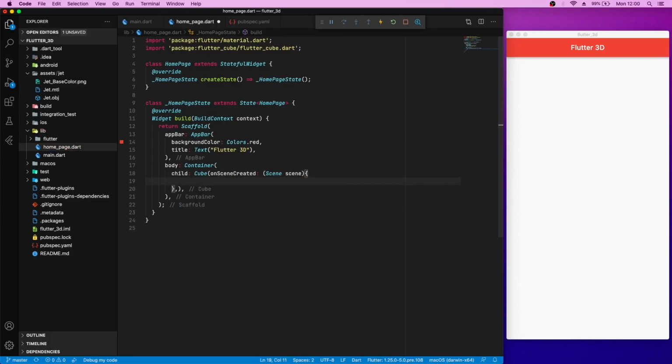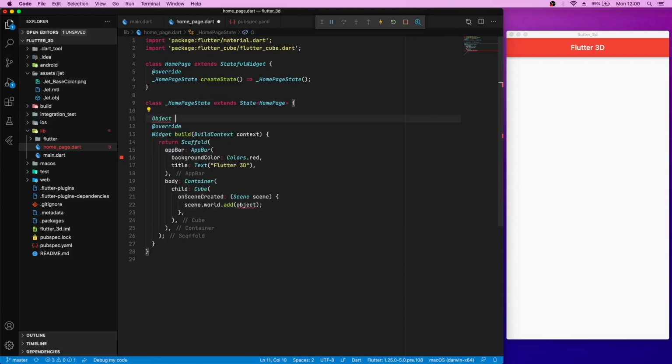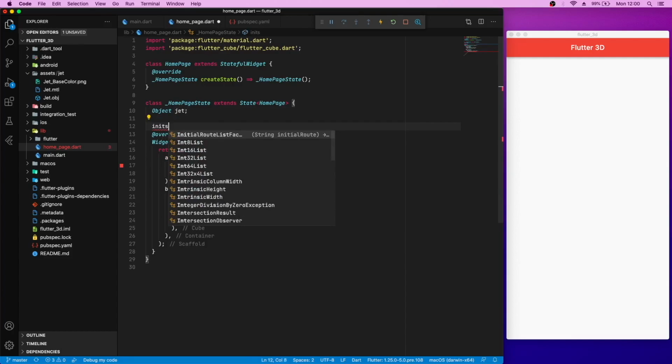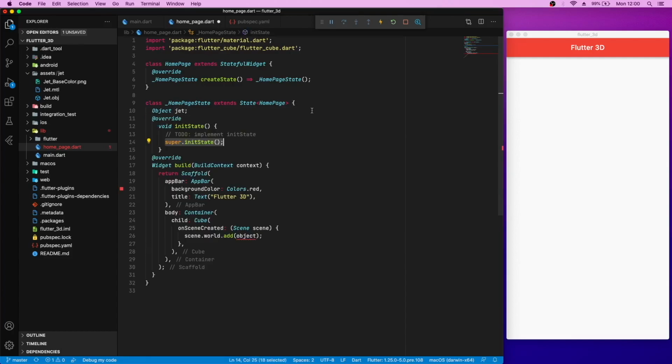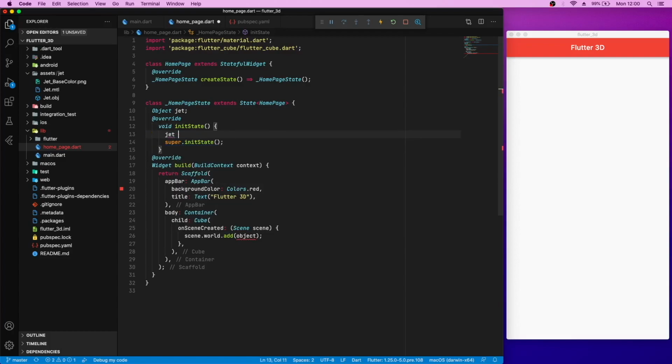So to do that, we have the world object inside our scene here. Inside the world object we can add a new object. So this will be our 3D object. Now let's create our object here. So let's name it jet, and let's initialize it in the initState function. So our jet will be a new Object,